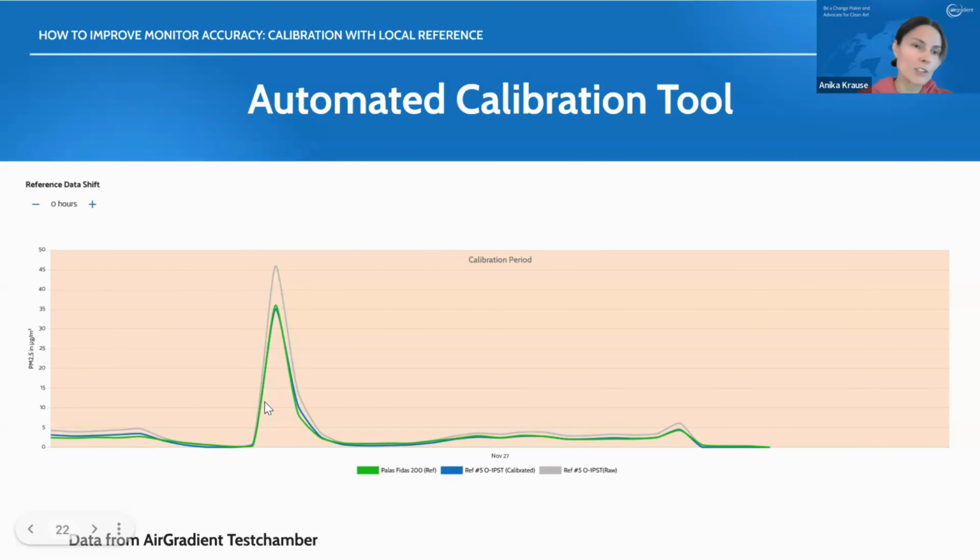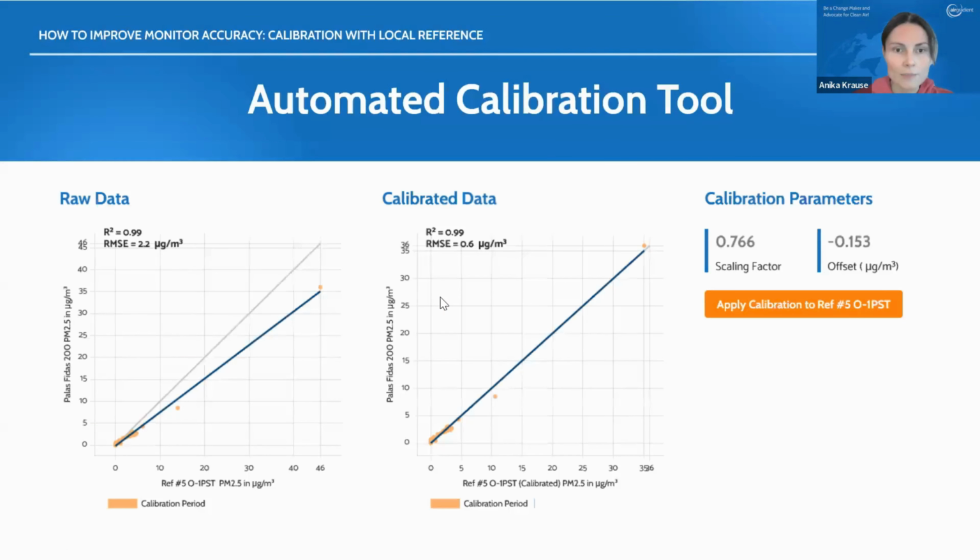It could potentially be that there is a time shift in these two data sets. For this, we've added the function that you can also shift the data in time. And you also see scatter plots. So basically, you plot your monitor to calibrate against the reference.